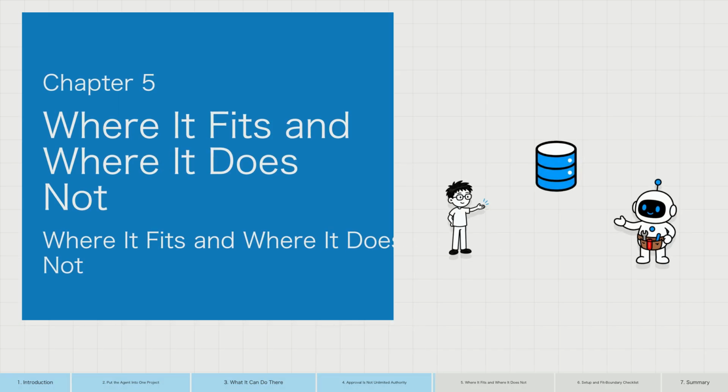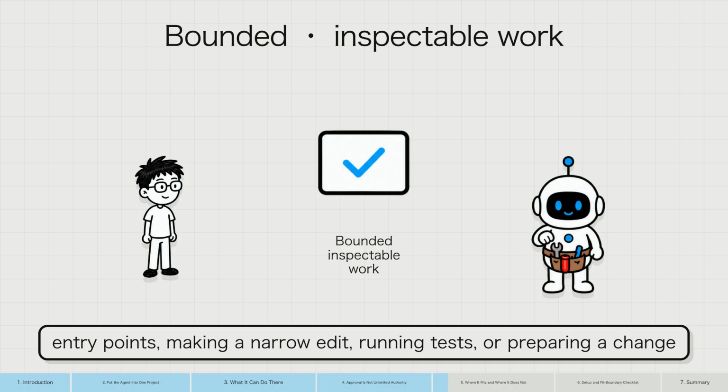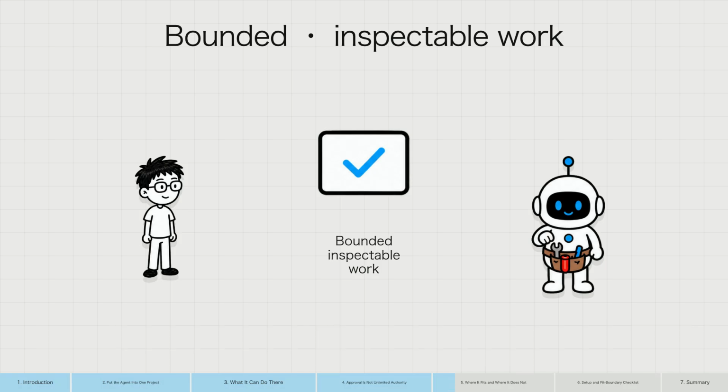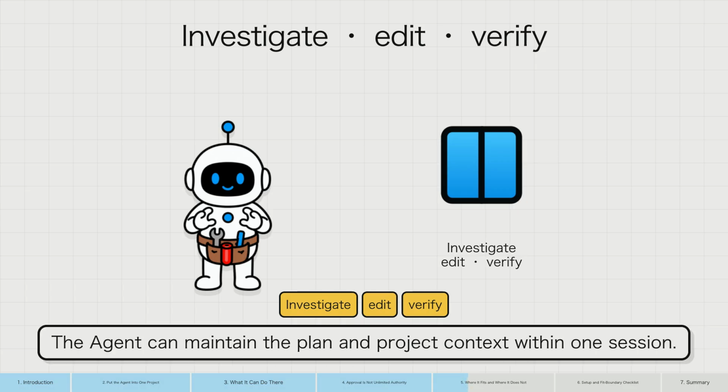Use outcome risk to decide whether DeepSeek Harness fits the task. It fits bounded, inspectable project work: reading a repository, finding entry points, making a narrow edit, running tests, or preparing a change summary. Each has a clear workspace and repeatable verification. It also fits tasks that need a sequence of tools: investigate, edit, then run a command to validate. The agent can maintain the plan and project